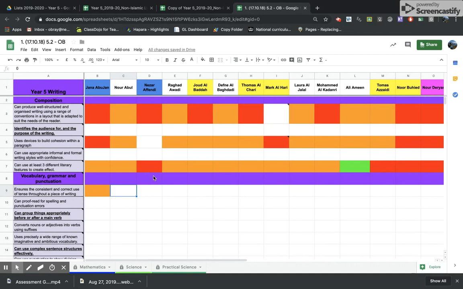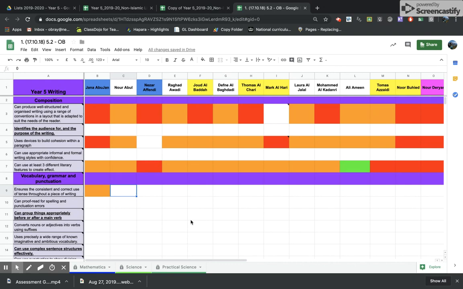Obviously, as you fill up this grid, you will be able to gain a visual idea of how the children are getting on individually against each objective, or overall against the whole curriculum, or even as a whole class. As I mentioned at the beginning, these colors indicate that most of my children are either emerging or developing in their skills against the Year 5 writing curriculum at this stage in the year, which would be normal. Okay. Now, as I go through